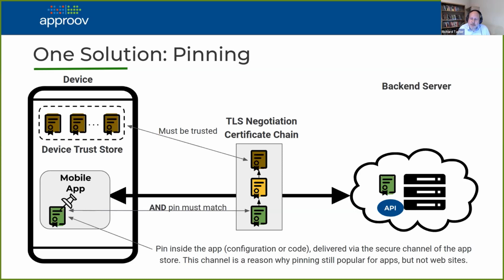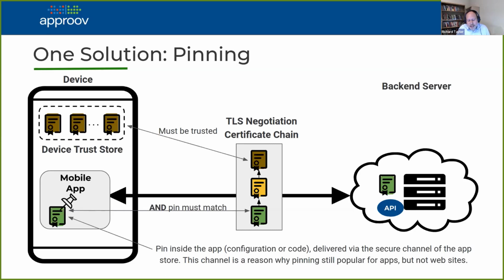And normally that's sufficient, but it means that the app in that case is really relying on what's installed on the device, and it doesn't entirely control that, especially if the app is running on a hostile device. So what pinning does is put an additional check by putting a pin of a certificate inside the mobile app itself. So in addition to the normal checks, you also need to see a certificate which is pinned. Normally, but not always, this is a leaf certificate. It could actually be a root certificate or an intermediate, as I'm going to talk about in a moment.